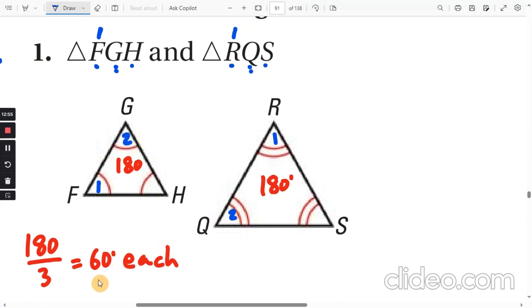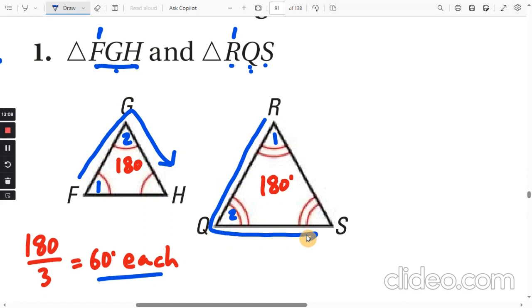They're all 60 degrees each. So they all match. We can say F, G, H, and they already did that. And we can say R, Q, S, and they already did that. So F, G, H matches R, Q, S